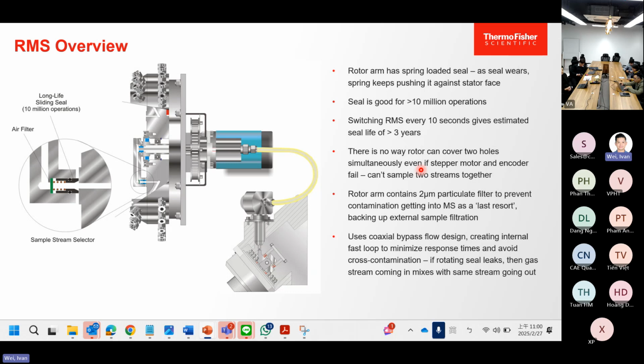So of course, these are built to be really robust. We try to make the lifetime much longer, and also require less maintenance on those moving parts. The RMS itself can heat up to 120 degrees Celsius to avoid any condensation from the gas streams. Of course, we don't want to introduce any water or condensation into our instruments. So those parts are heated to prevent any water from condensing on those metal parts.